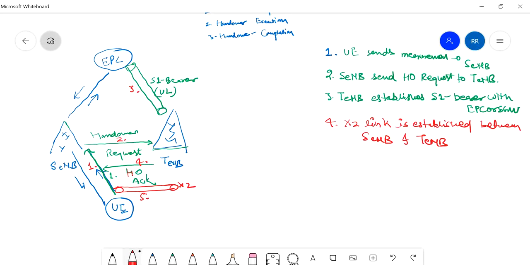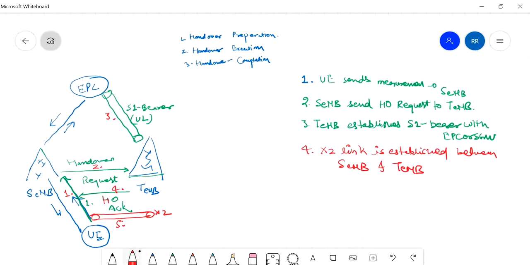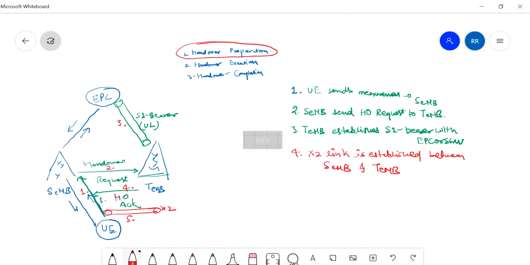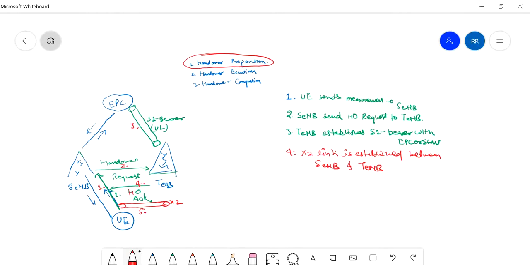This complete phase comes under handover preparation. Now we will see handover execution.